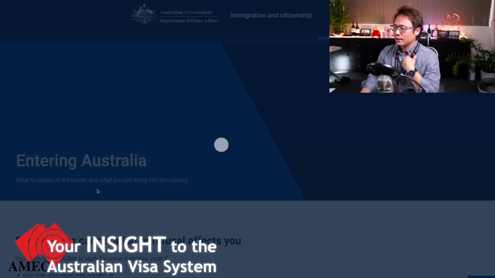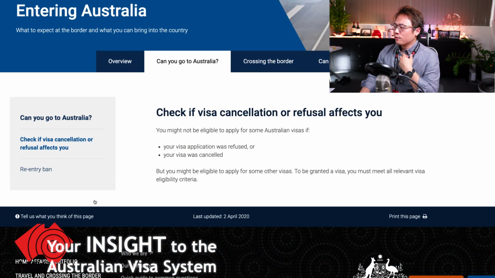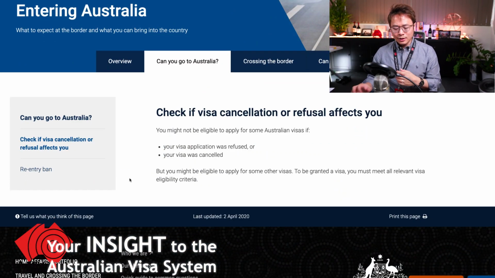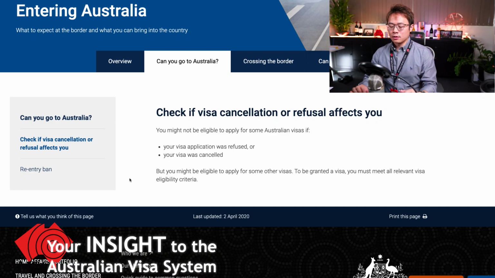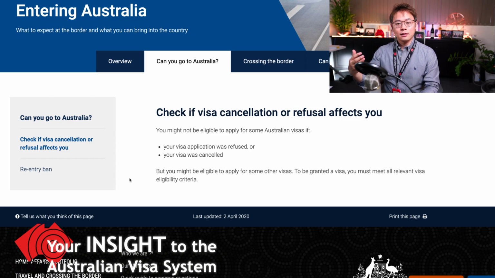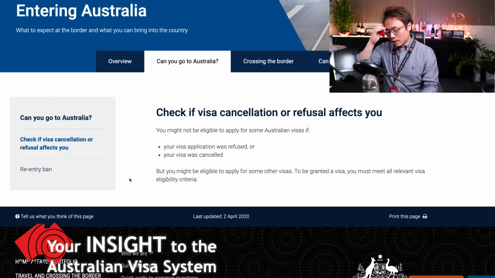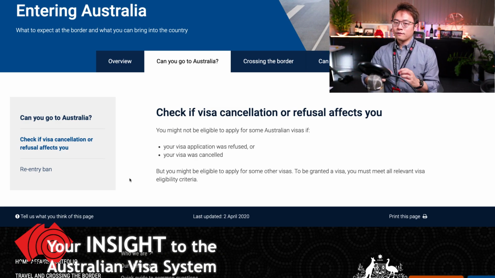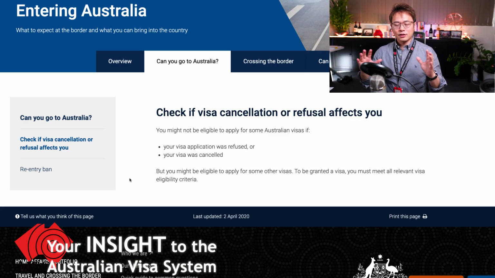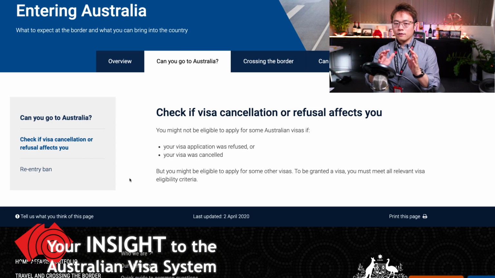Now let's come back here. Refusing generally does not impose any re-entry exclusion period, because you never actually got the visa. You did not breach anything apart from providing fake or fraudulent documents. So to tackle a refusal, we have very vast experience in doing this. But the first thing is,